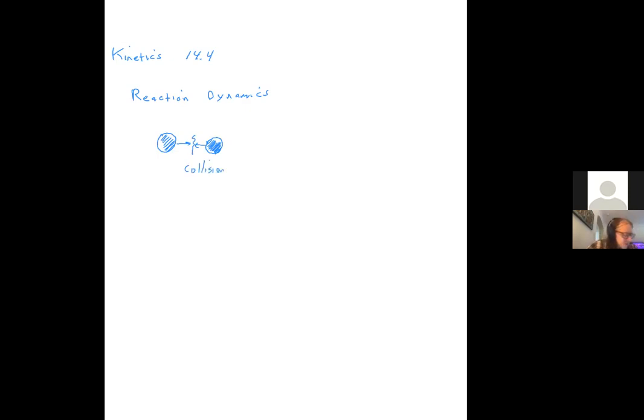Okay, so chemical reactions generally involve some sort of collision. And if you think about it, I'm going to give you 3 possibilities. One is they just bounce off of each other. They collide and then go their separate ways. In fact, most of the time when atoms or molecules collide with each other, that's what happens. Another thing that could happen